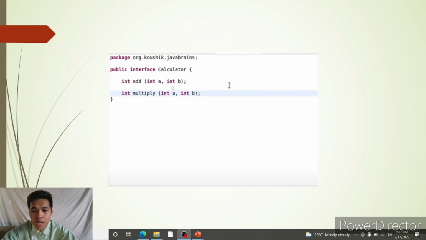This is the core of the interface. It provides the information of the interface. Each method, and this add is the method, has the name of the method, the input arguments, and the return type. So the WSDL contains the method, the input arguments A and B, and the return type, which is int.